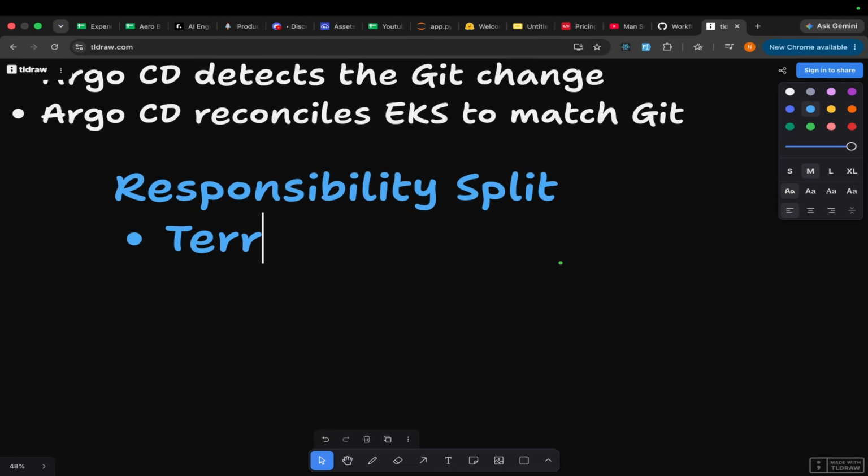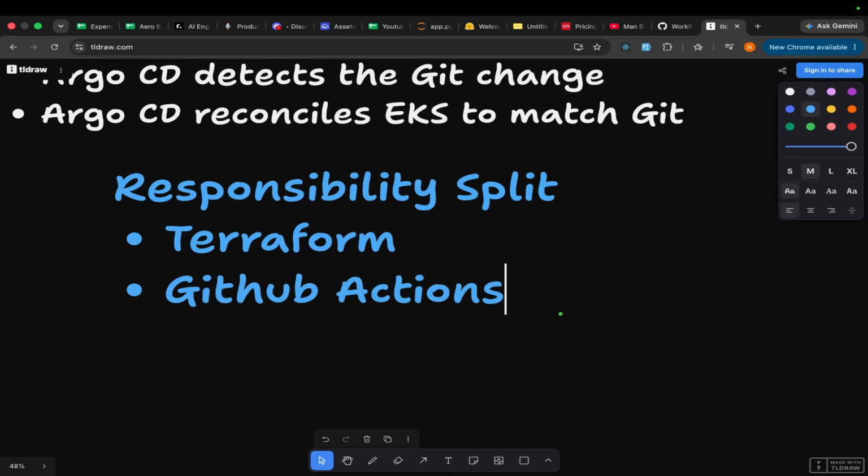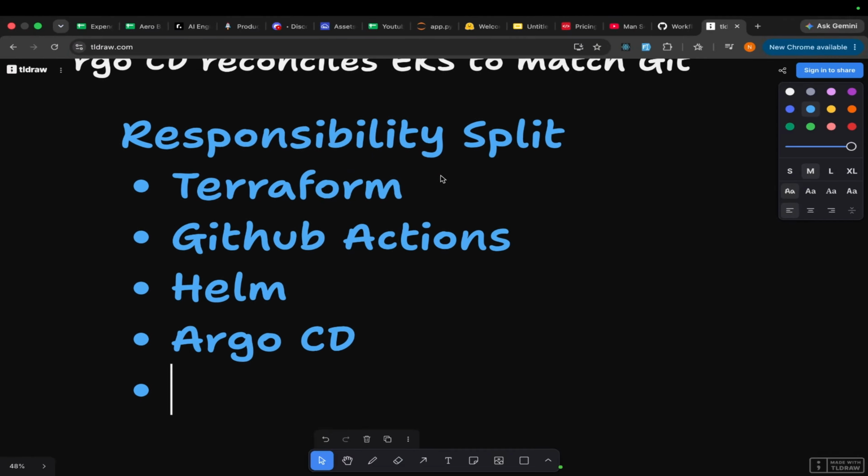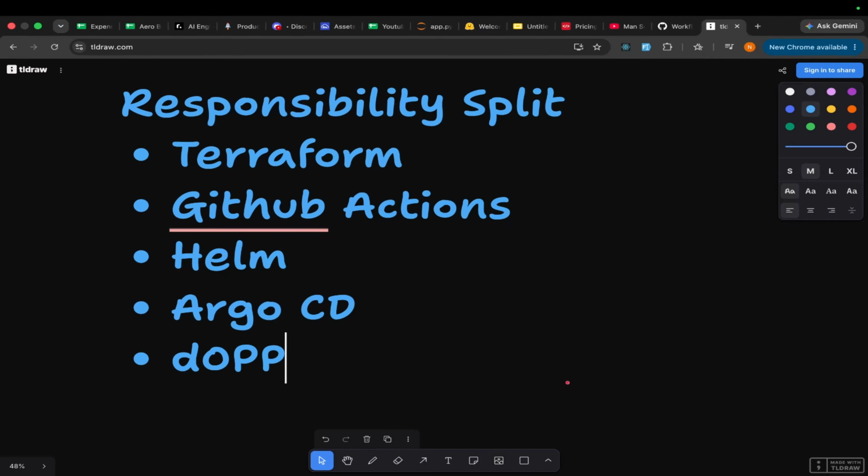So we still have Terraform. Maybe let me first type them out. We have Terraform, we have GitHub Actions, we have Helm, we have now Argo CD being the new guy. We have Doppler, like that, and we have